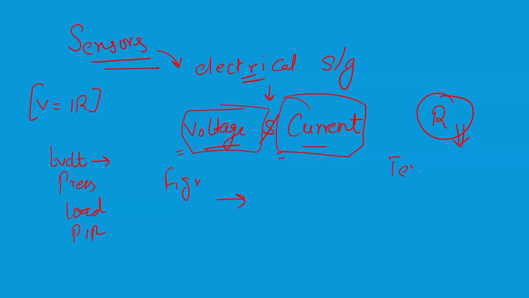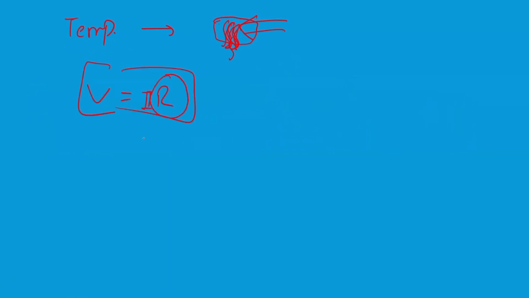Your temperature sensor. I'll explain the basic principle so that things will be very, very clear to all of you. Take the example of a temperature sensor. You know, a temperature sensor is made up of a material, right? When heat comes in contact with the material of the temperature sensor, the resistance varies. The sensor's resistance varies. And you know the equation, the perfect equation, V is equal to IR. When the resistance varies, the voltage and current change with respect to resistance.